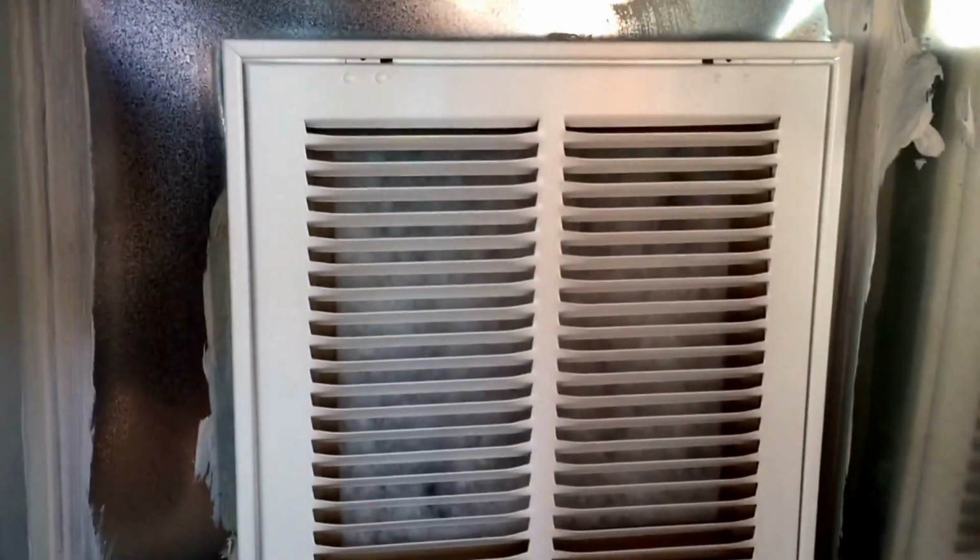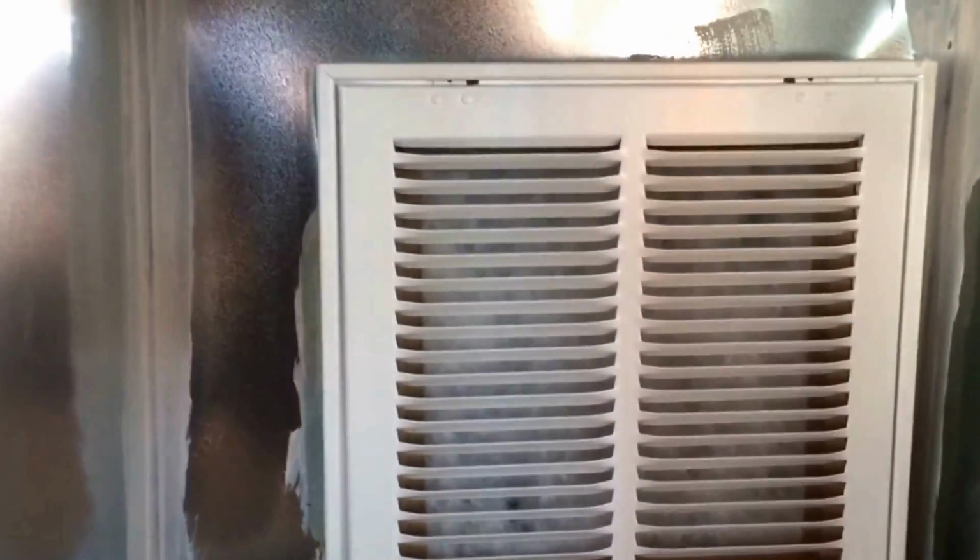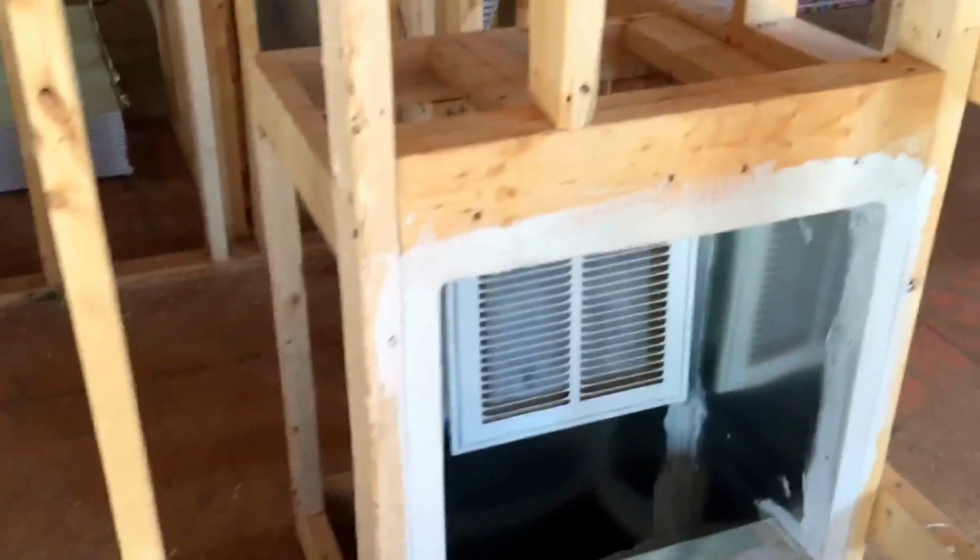So I saw that and thought, wow, that's weird. I come around here and there's actually a filter grill inside a filter grill. And then down underneath, it's actually open right now. So I'm not sure what it's all about, but does anybody know why you would do a piggyback stack head